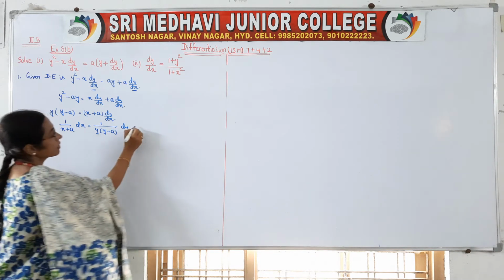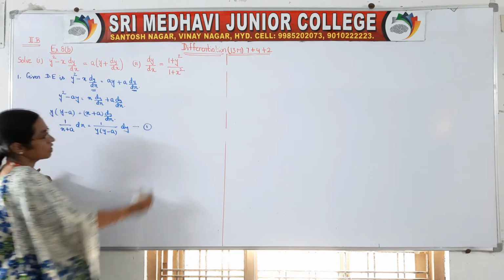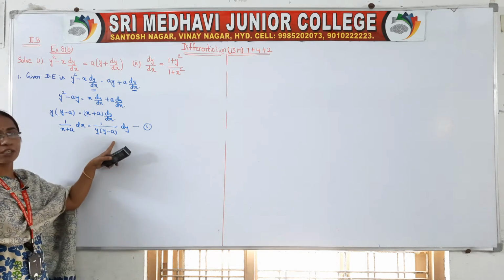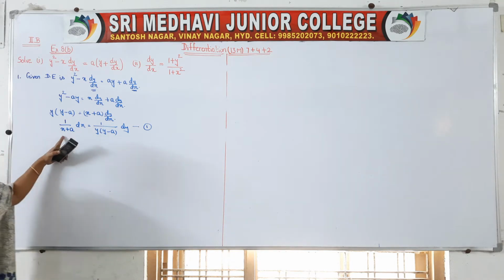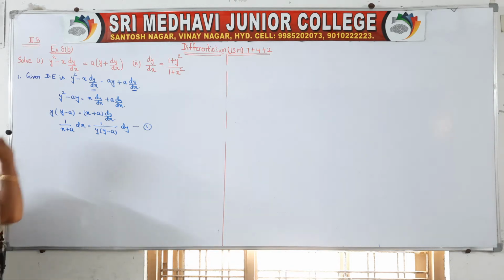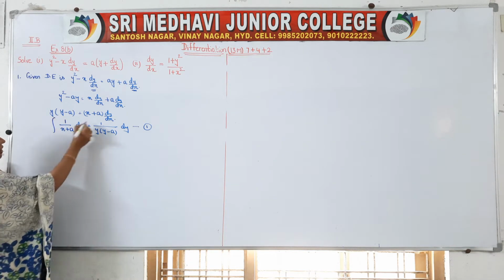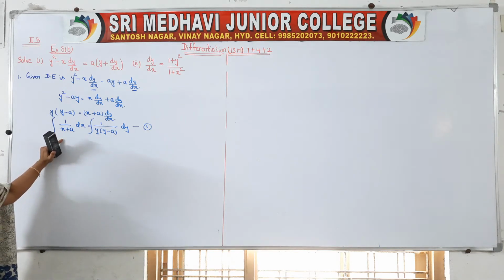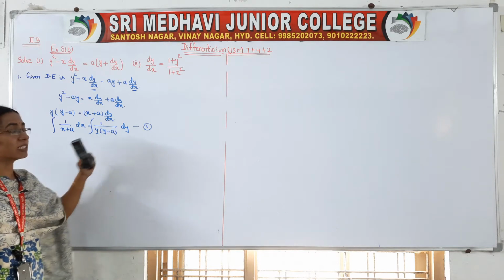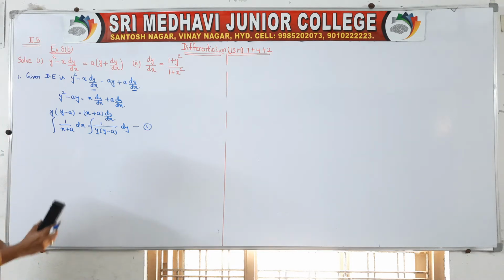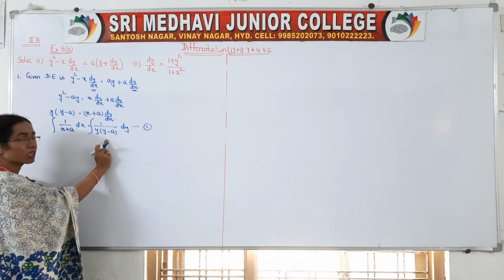Okay, you consider this as equation number 1. So how can we separate this? y into y minus a is there. This is okay. 1 by x plus a, no problem, right? Once they are separated, we'll take the integral. But how can we take the integral? This is no problem, directly we have the standard form. Here it is y into y minus a. So by using partial fractions, first of all we have to separate these values, right?